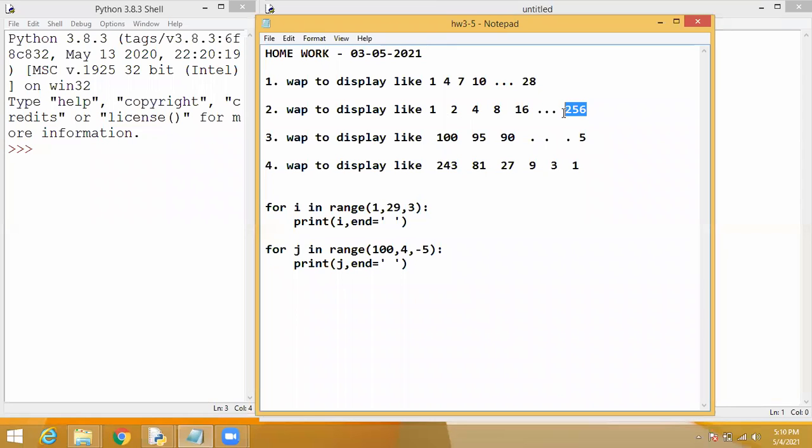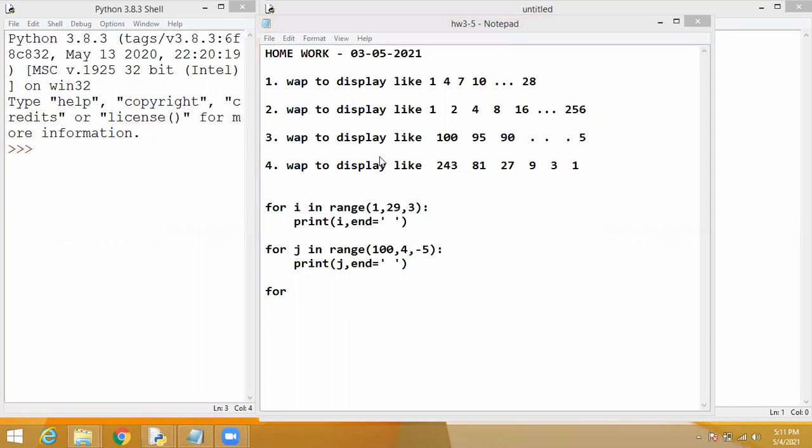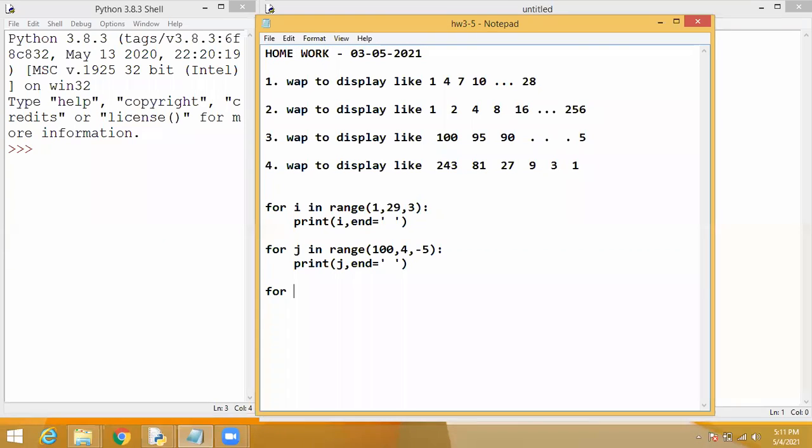So from 2 power 0 to 2 power 8, how many times is this output showing? 0 to 8 means how many times? 9 times. That is the thing we want to set in the for loop.